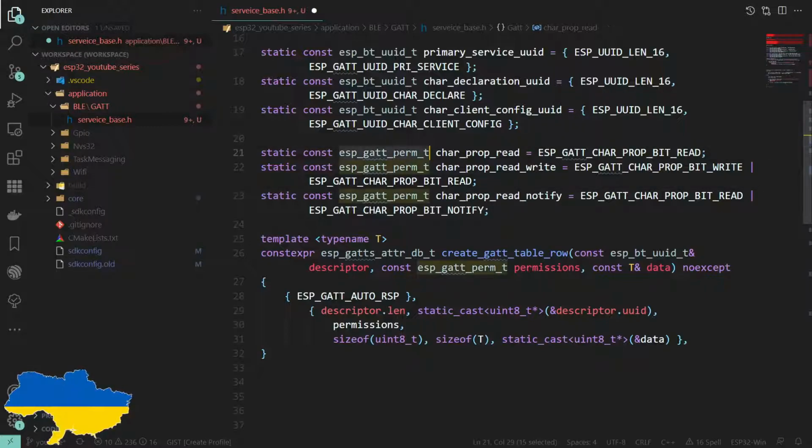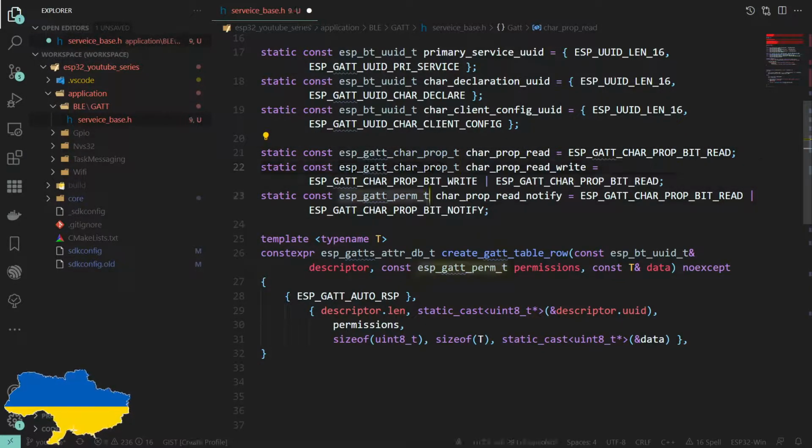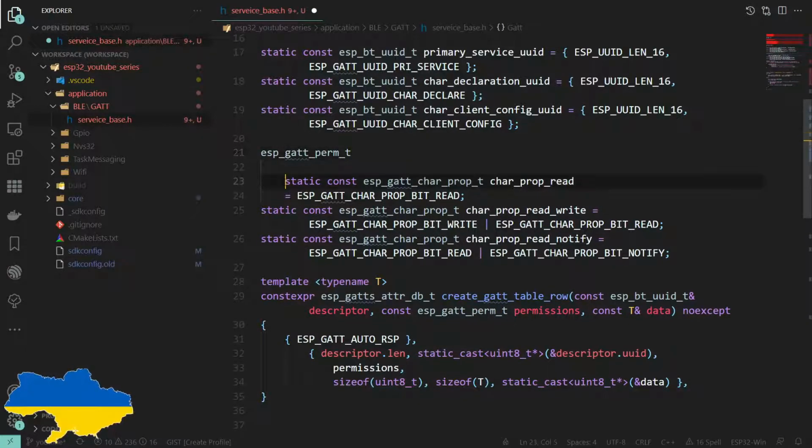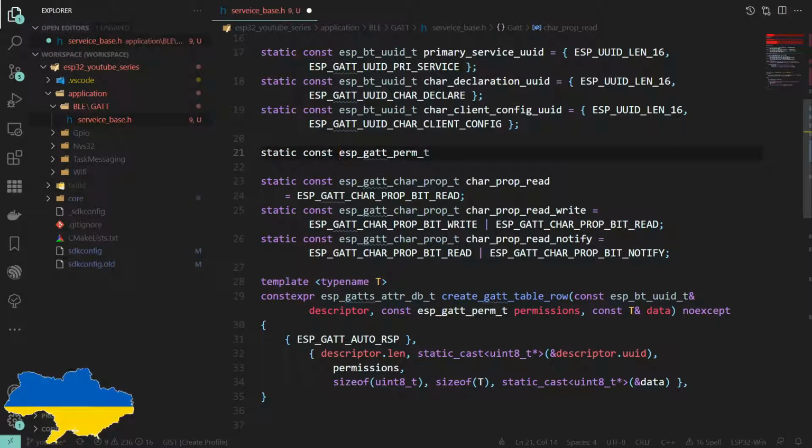So these are properties. And then we do need permissions. Oh my god. Static const.